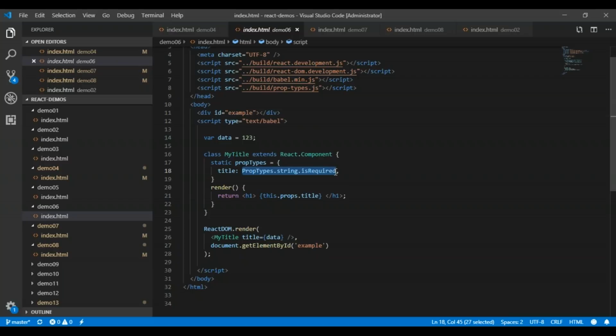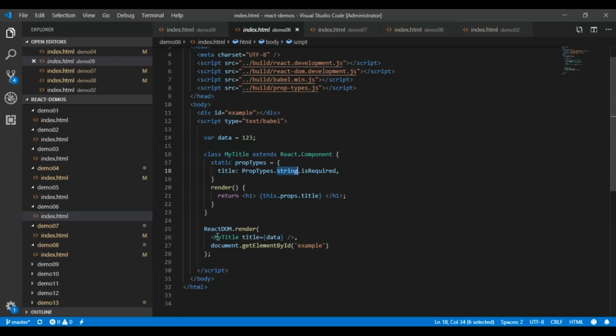In this example, MyTitle is a component that has a prop of title. PropTypes tells React that the title is required, and its value should be of type string. Now if we give title a number value, for example 123, it will result in an error, which means the prop does not pass the validation and the console will show an error message, something like failed prop type.